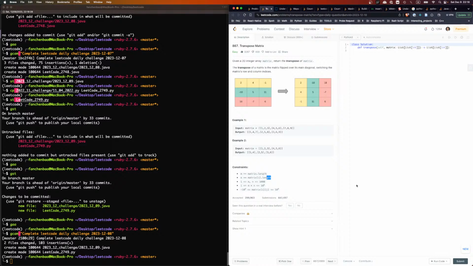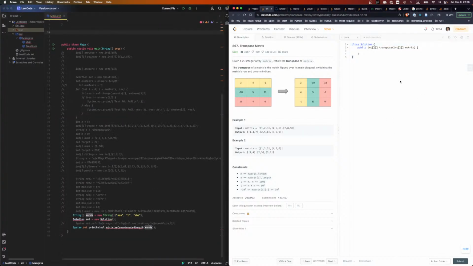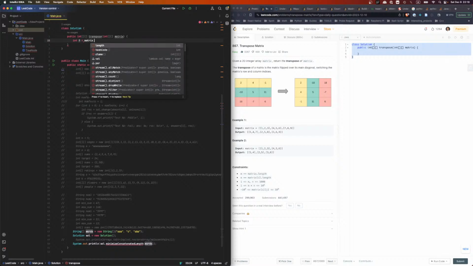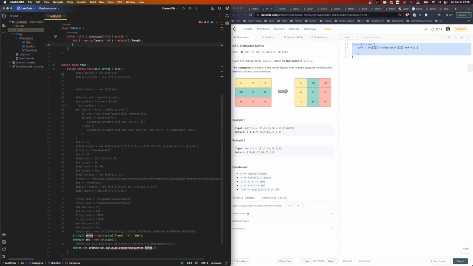We'll create a new one, and we'll go Java int. So basically, all the rows become columns. That's it. I was trying to say maybe we can do it in place, but it's not in place. That is fine. So basically, m is matrix dot length, n is matrix 0 dot length. Okay, so int data